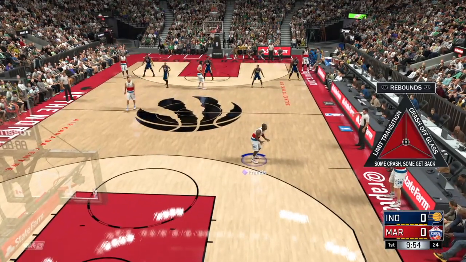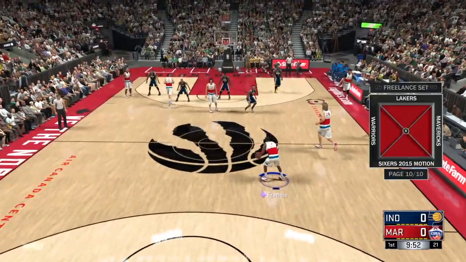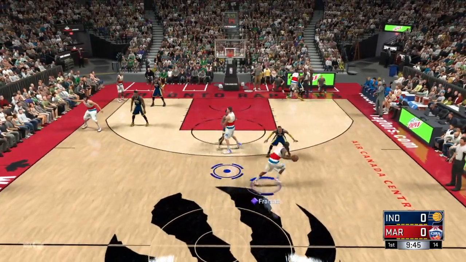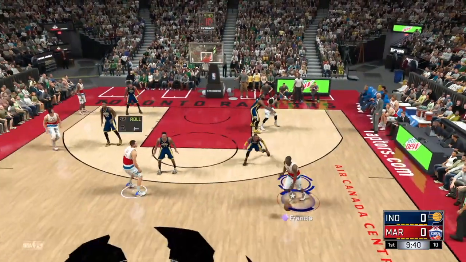So here you see limits, transition, push the pace, space the floor, and next freelance. Because you have to make Klay score almost all the baskets pretty much. Initially, if you think Klay pick and fade, that wouldn't work because 2K is good at that this year. They will switch that. But what you want to do is a Klay pick and roll,